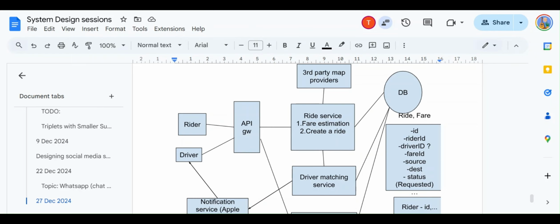I think one of the challenges with the queue is that a queue is a first in, first out model, right? So the first request in should be the first request out. But let's say there are some users in the queue whose destination no driver wants to go to. Like let's say you want to go from some shady place. A driver doesn't want to go there, so their request is not getting fulfilled, right? But since they are first in the queue, until their request gets fulfilled they will not be taken out of the queue, and this will block all the other requests as well. So that can be a challenge with queues. And